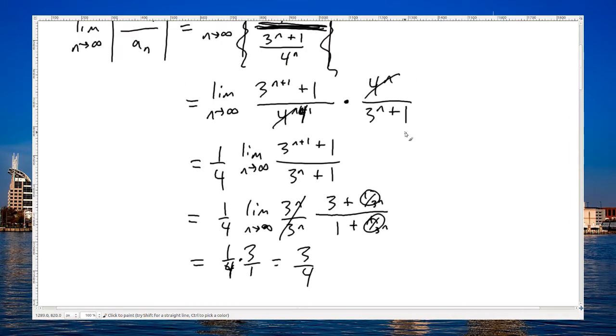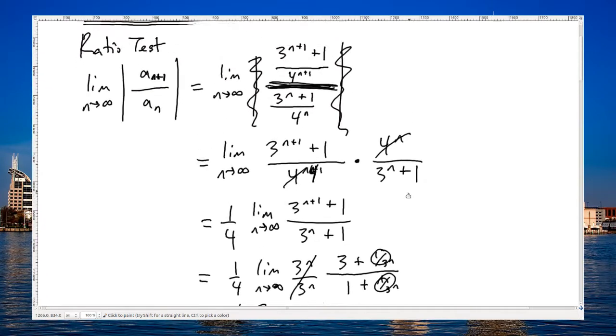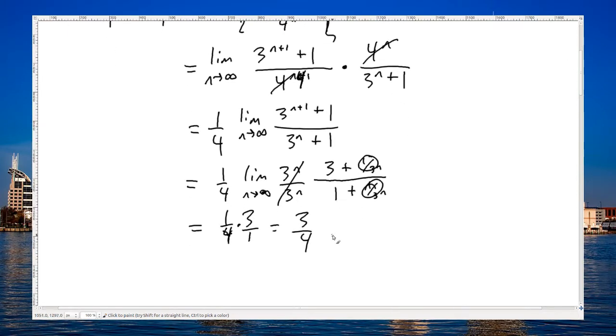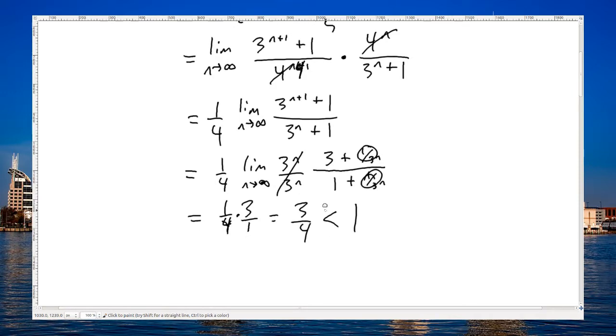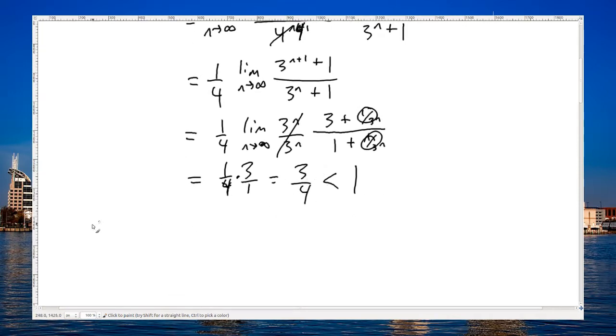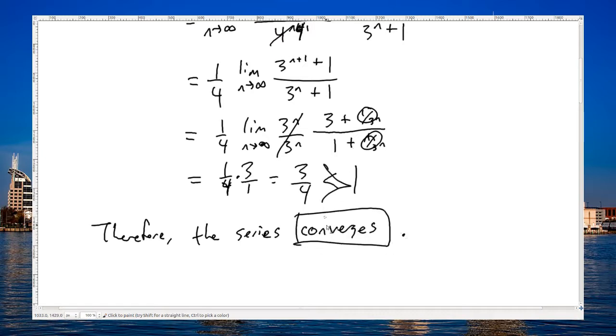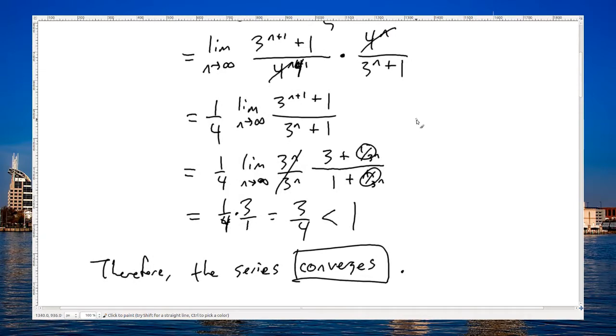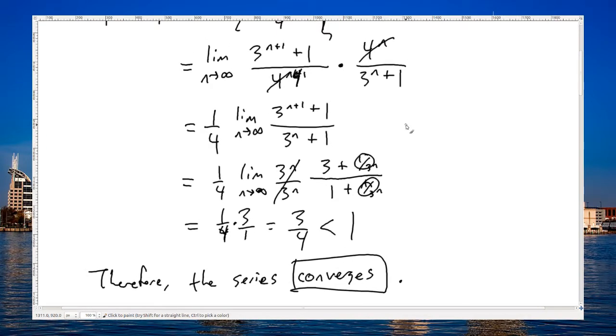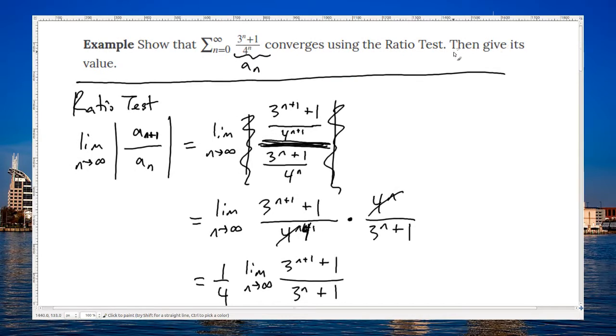So now at the end of the day, I've figured out the value of this limit, and the ratio test says if that limit is less than 1, and it sure is, 3/4 is less than 1, therefore the series converges. If it was greater than 1, I would have said diverges, but it's less than 1, so I say the series converges, and I would be done with the problem, except that this problem is special because I'm asked to